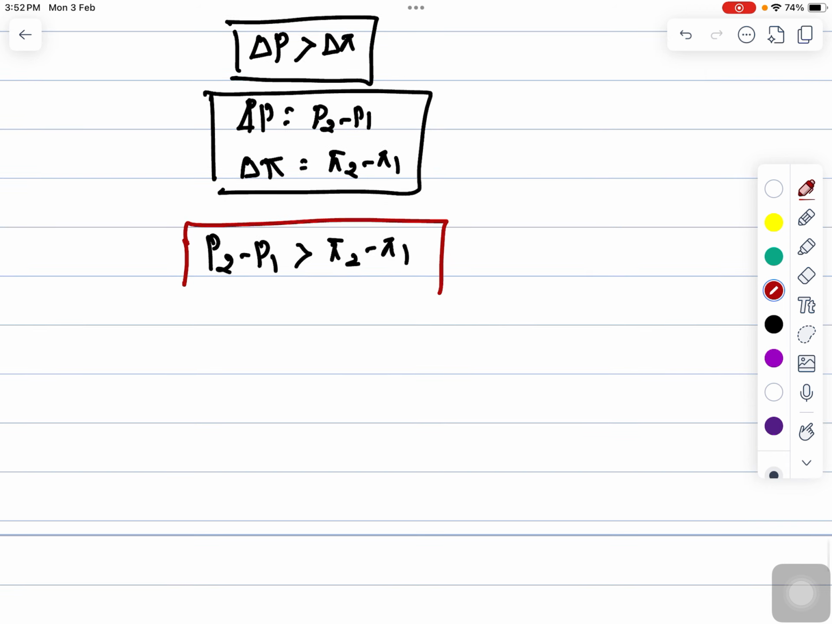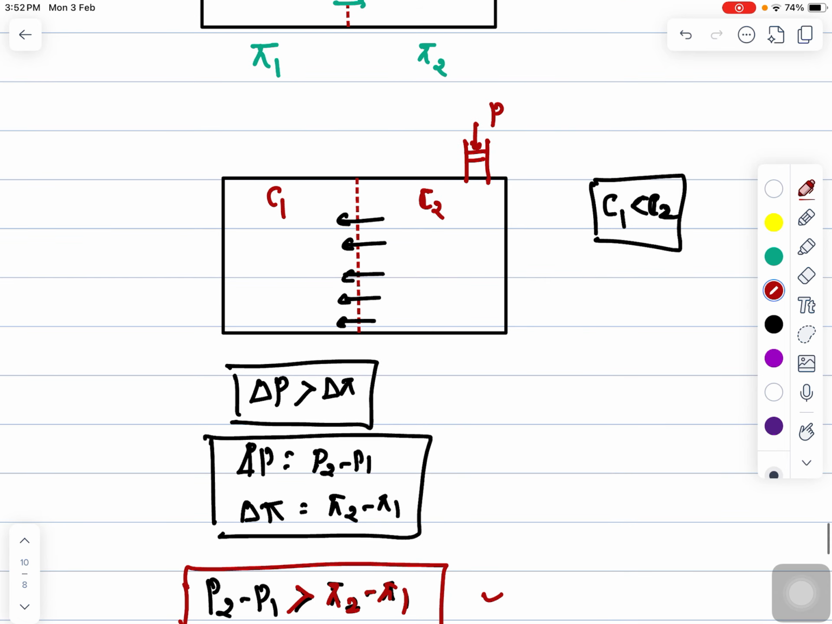So this can be a question: which of the following options are correct about reverse osmosis? You can say that the pressure difference being applied should be greater than the osmotic pressure difference. So what is pi 1? Here there will be a pi 1, here there is a pi 2. So the value of pi 1 can be written as C1